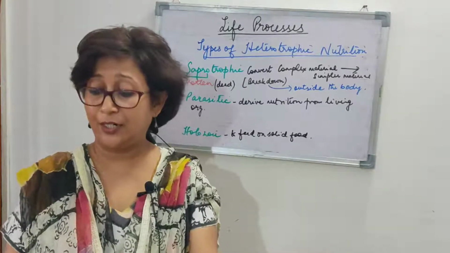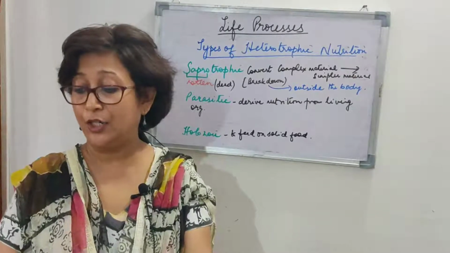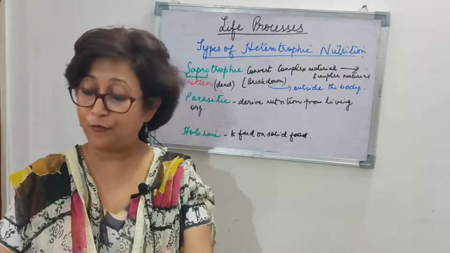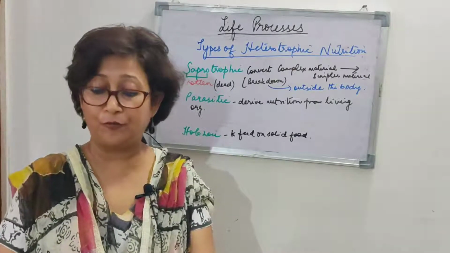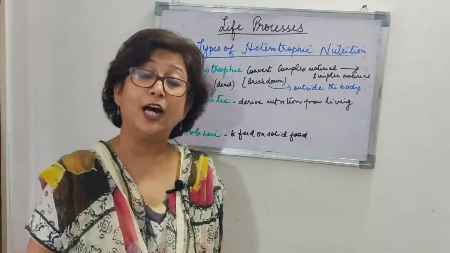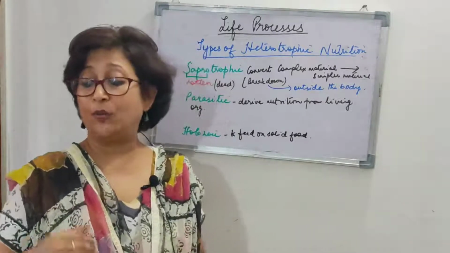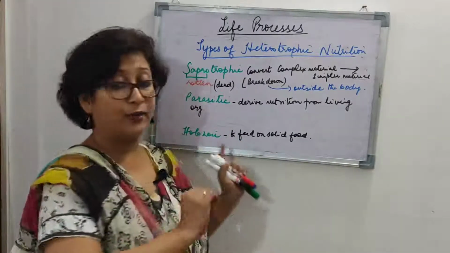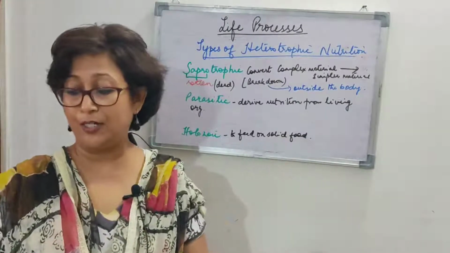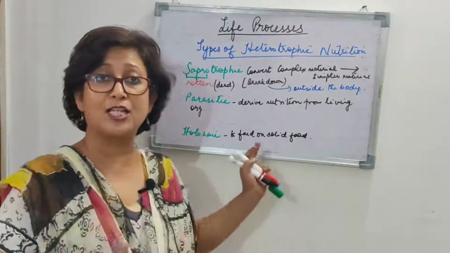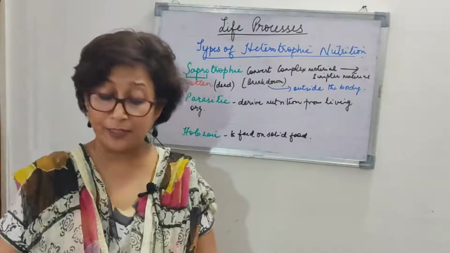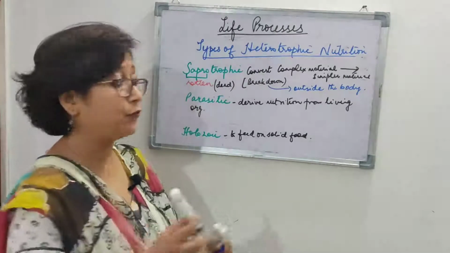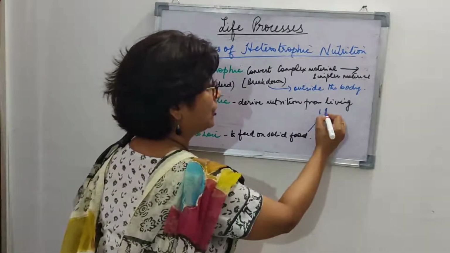Other than the human beings, when we talk about the process of nutrition in animals, we find the same kind of 5 steps to be followed in amoeba as well, right? So when we talk about the process of nutrition in animals, the mode is holozoic. Now this is a 5-step nutrition, right? There are 5 steps in this mode of nutrition of taking in solid food. So under this we study about the 5 steps, the first being ingestion,